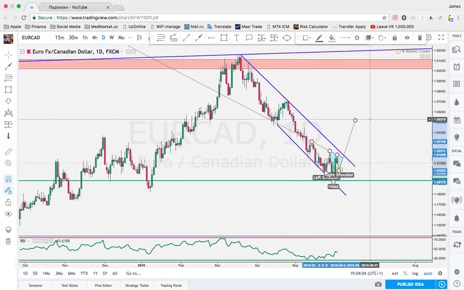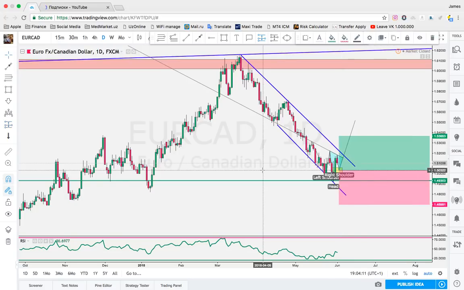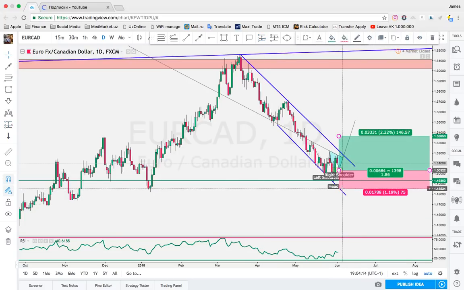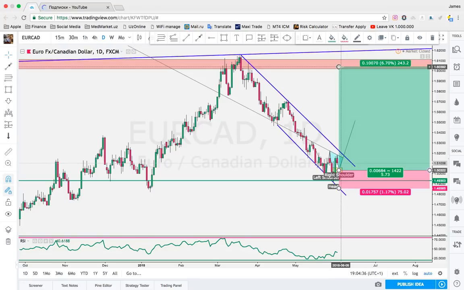I'll write it here. Now let's calculate. I bought here. Stop loss is below the head. Take profit is at the previous structure. 175 pips in loss, 240 pips in profit, and 1 to 2.7 risk reward ratio. Great opportunity. Take profit 2, previous structure high, 1000 pips in profit if we are right on this analysis. So